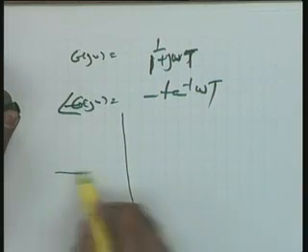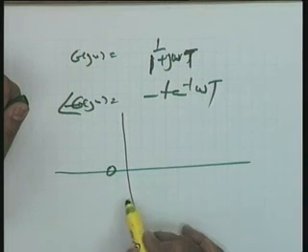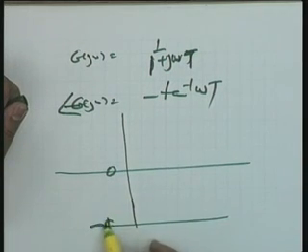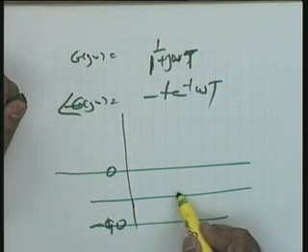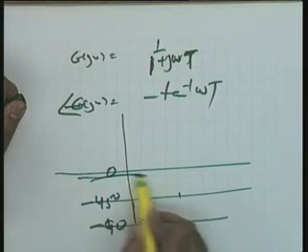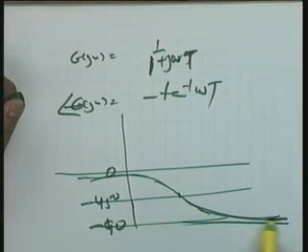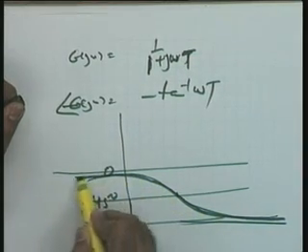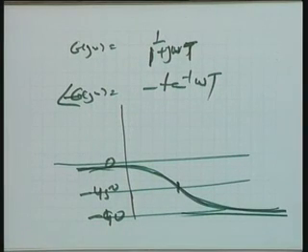And if I make a sketch, omega equal to 0 gives me 0 and omega equal to infinity gives me minus 90 degrees. At omega equal to 1 by t, I get minus 45 degrees. So you see that the angle plot is the following, please. It is skew symmetric with respect to the corner frequency; this is a tangential function.